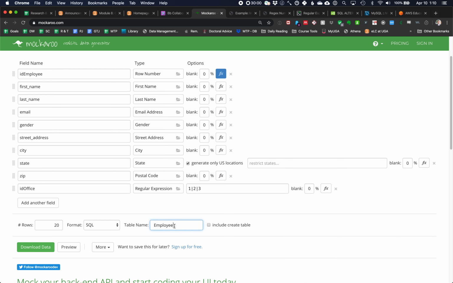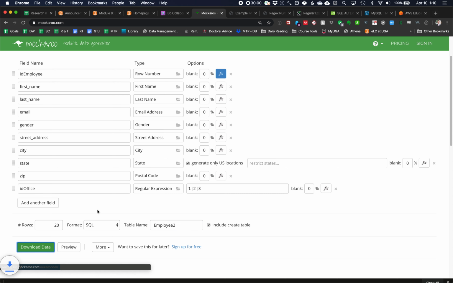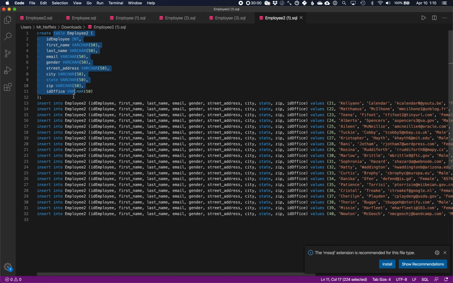Just so I don't have to delete my employee table that I already have, if you want to, you can actually just, I'm just going to call this table employee 2. I'm going to check this include create table. Then when I download the SQL and open it up, it includes a create table statement as well with everything. This works